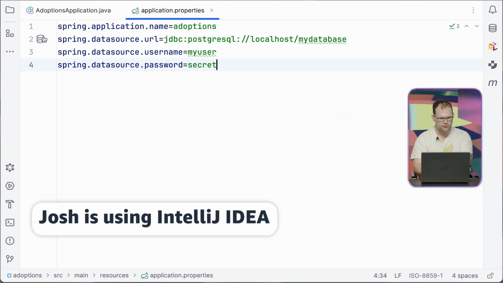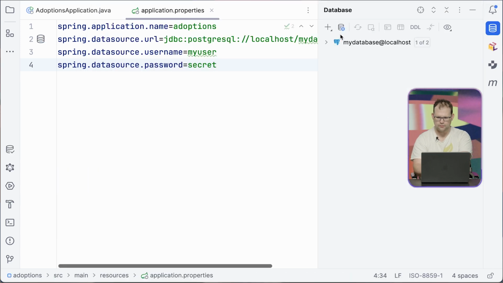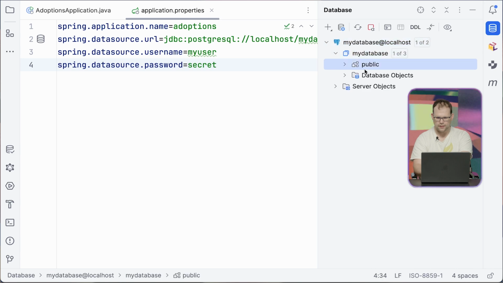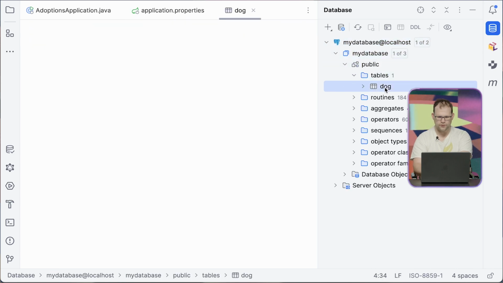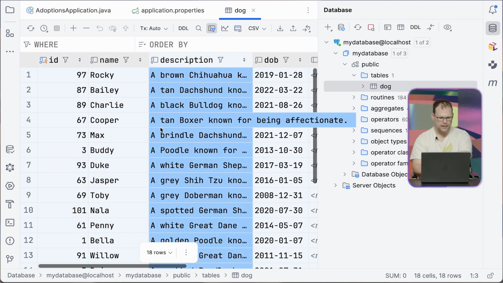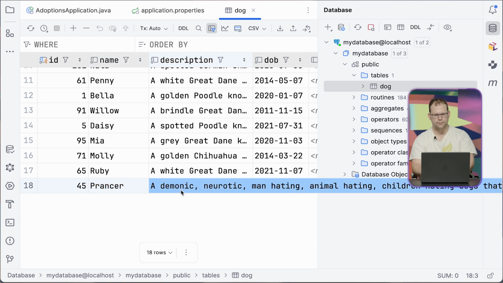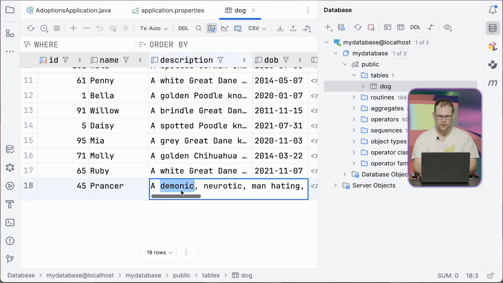Actually, one thing I like about IntelliJ, click on that little button there, hit test, hit apply, hit OK, go over here, refresh. Wow. And there's our database. There's our dog database. We've got IDs, names, and descriptions. And there's our boy Prancer. His ID is 45. His name is Prancer, and he's described as a demonic, neurotic, man-hating, animal-hating, children-hating dog that